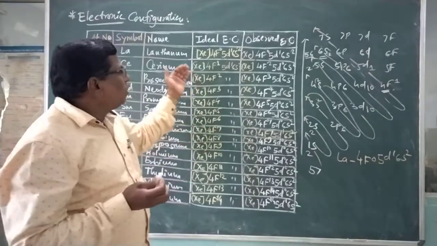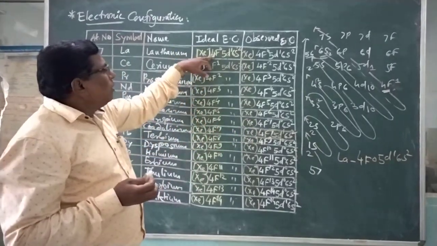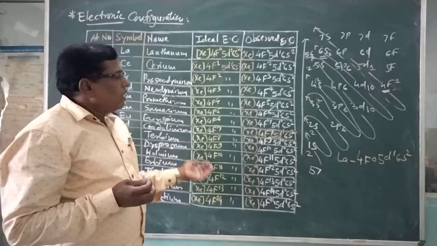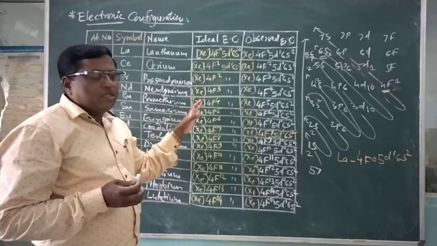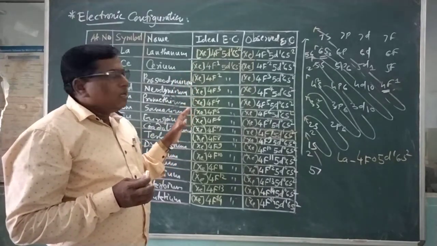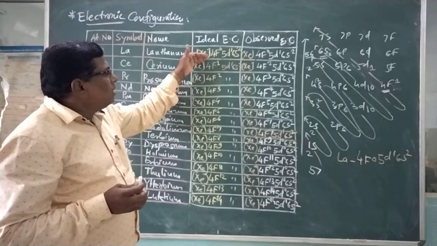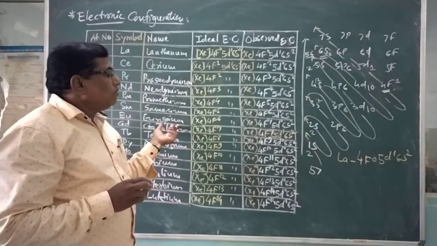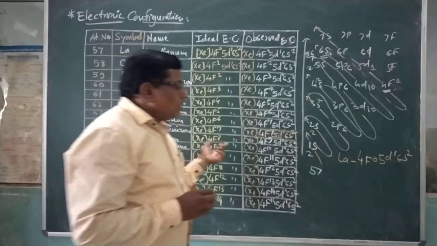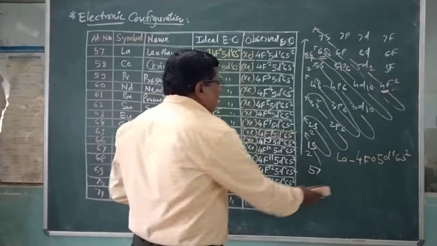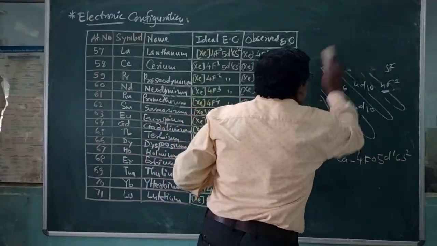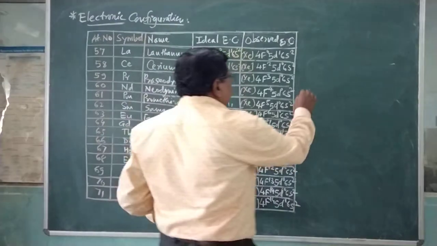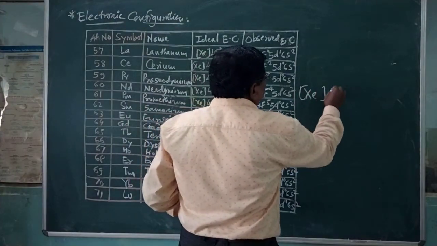In the case of ideal electronic configuration, there is no change: 4f 0, 1, 2, 3, continuously going to 14 electrons. When the f orbitals are filled continuously, it is called the pre-penultimate way. Electrons enter the 4f orbitals, and the general electronic configuration for the lanthanides has xenon as a common core, and after this xenon core,